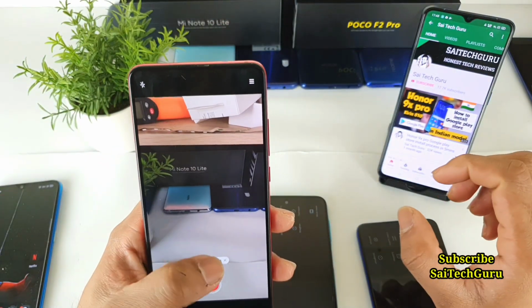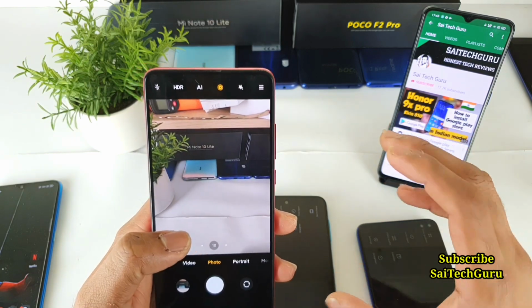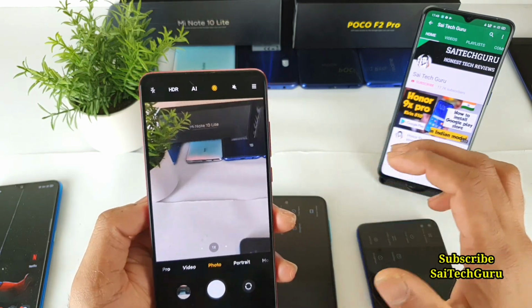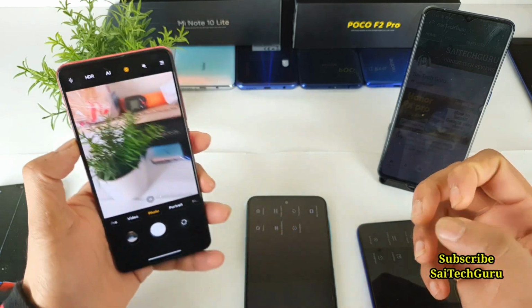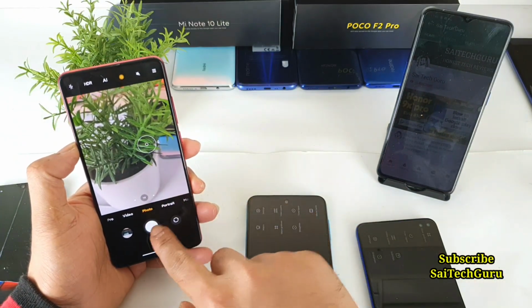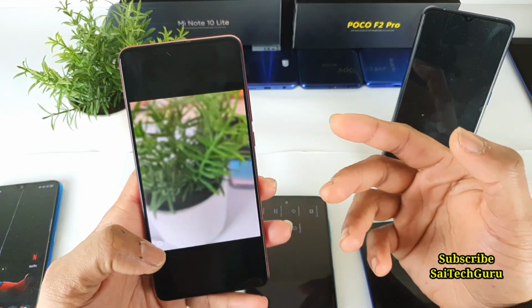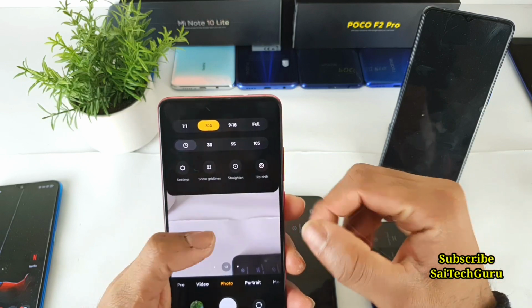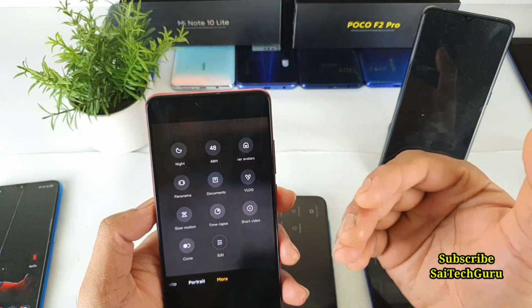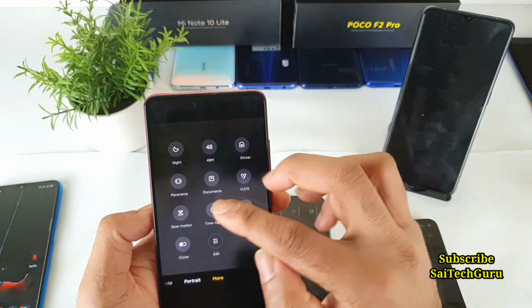So overall friends, definitely the camera interface has got much changed, and I have definitely noticed a little bit of improvement in the camera quality as well, in time taken to process everything. So before it used to take a little bit more time, but now it's not taking that much time, and images are very clear as well. So at the moment I did not notice any other bugs or any issues with this camera.